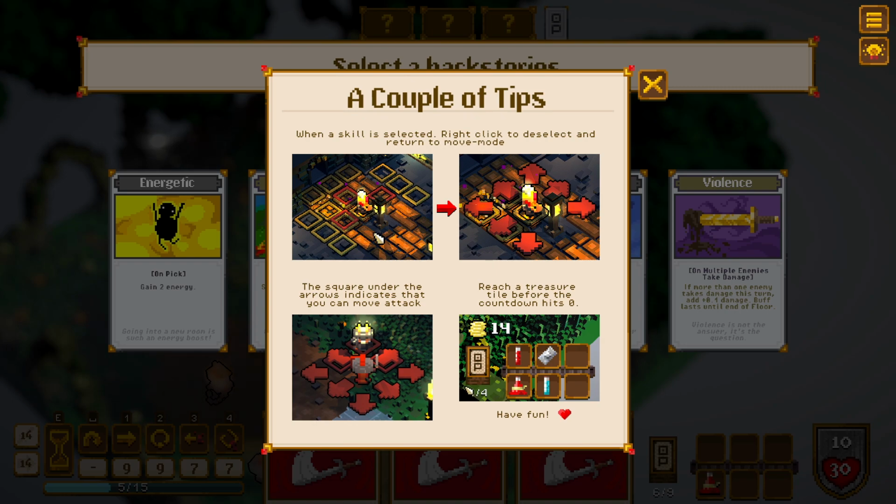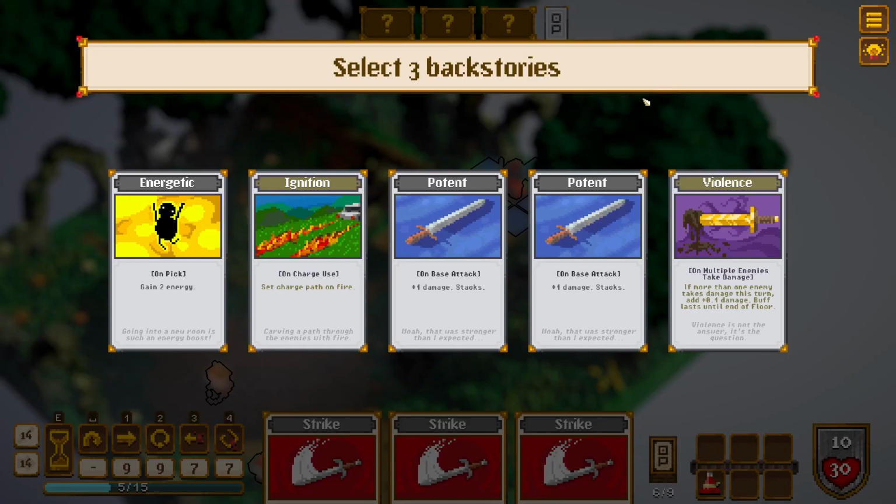Couple of tips. When a skill is selected, right-click to deselect it and return to the move mode. Okay, that's cool. A square under the arrows indicates that you can move and attack. Okay. And reach the treasure tile before the countdown hits 0. Have fun. Okay. Know a game that does what, specifically? It's going to get old real fast. I mean, I would prefer to just be able to use the numpad, but...